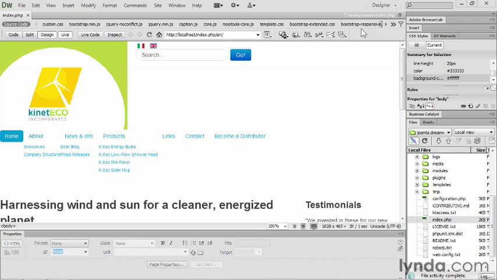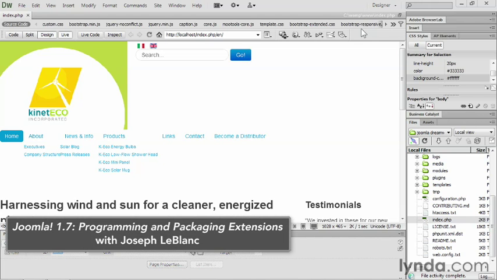Joomla is built so that it has a bunch of core level files that you should never ever touch. If there's code there you need to change, there are ways of doing that. So take a look at my template overrides and my layout overrides videos, and I'll walk you through how you can change things inside of Joomla if you need to. And in terms of its functionality, you can always write another extension or edit the extensions that are there. Take a look at Joe LeBlanc's video on editing extensions with Joomla 1.7 and 2.5.